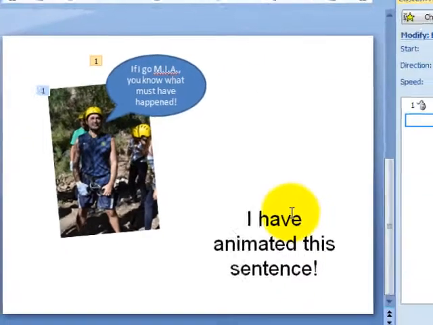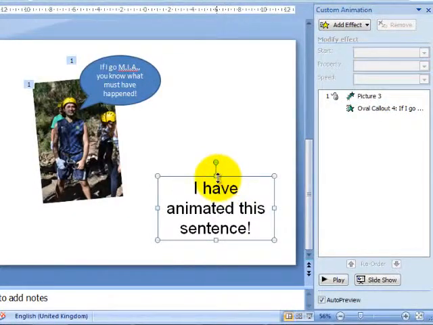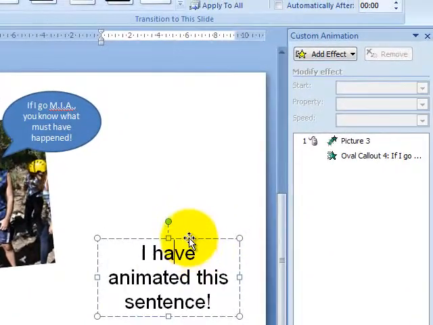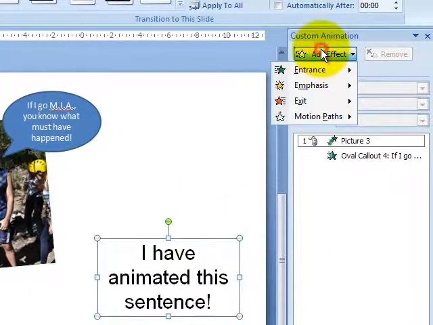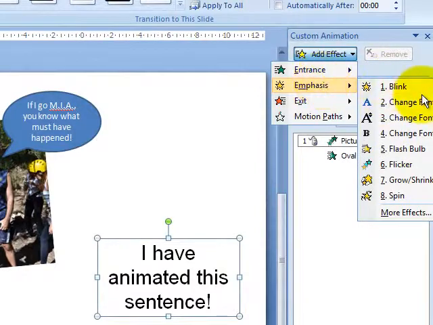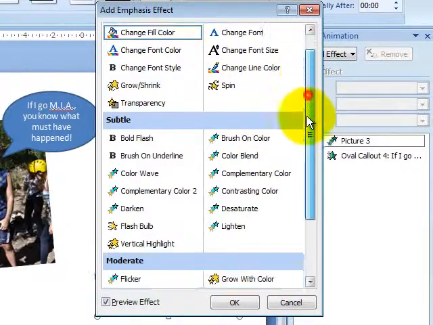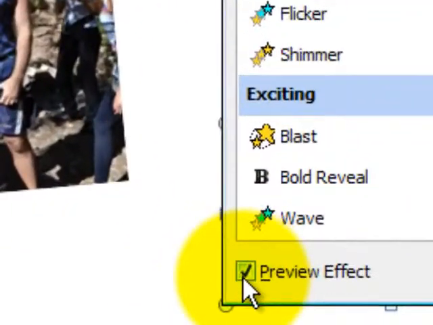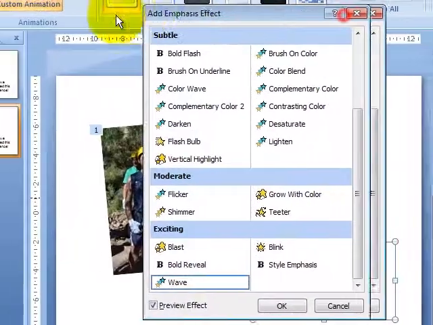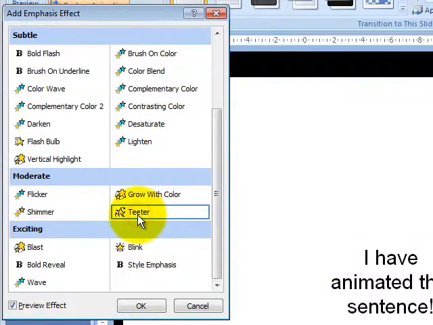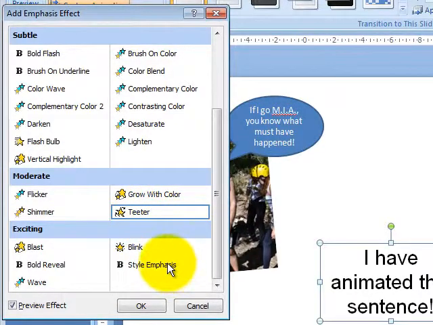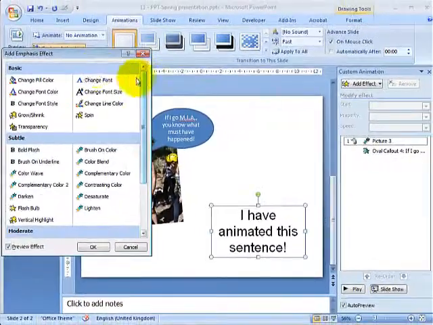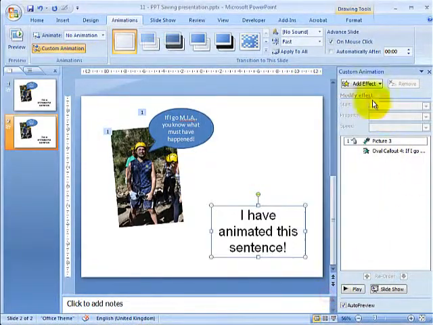And for the text, I click on the text. You will see that the dashed line appears. I click on the dashed line and I add effect. I'm going to choose an emphasis one. I'm going to tell them to blink. Again, if you go to more effects, you'll have the list of all the different possibilities, and if the check is here in preview effect, you will see the effect that it takes. Let's see if you can really, well, it doesn't show it now. So I will cancel, and I will choose